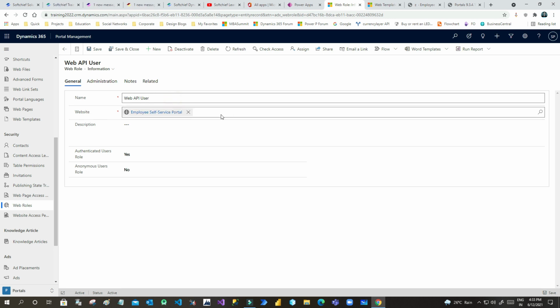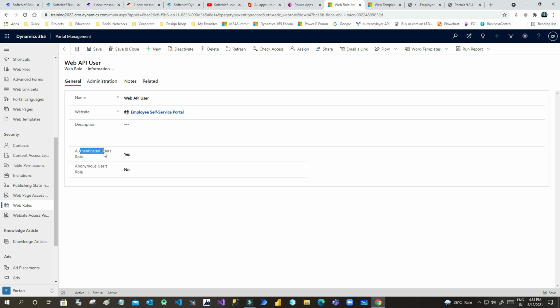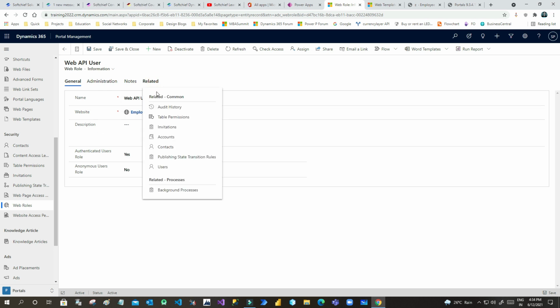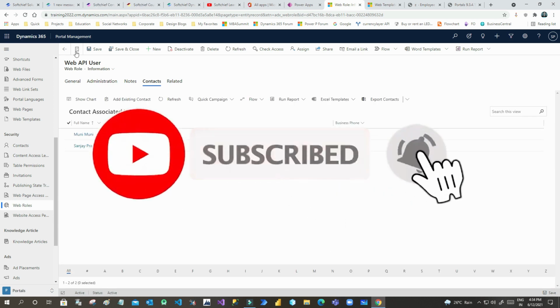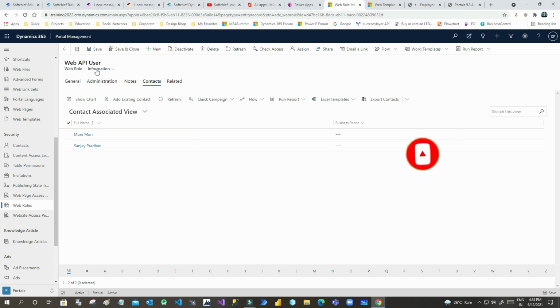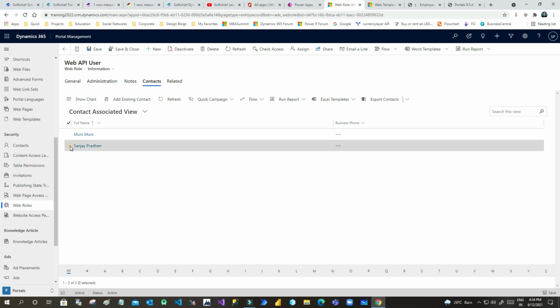Next you have to select your portal website for which you want to enable this web role. Then select authenticated users role as yes, so that whenever someone is logged in, only then this web API will work. Once the web role is saved, you have to go to related and go to related contacts, because I want to associate this web role to a contact, so that whenever that contact logs in to the portal, he can access it. So this is my login user.